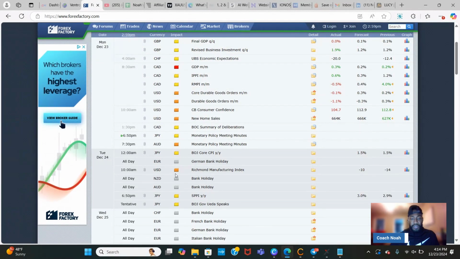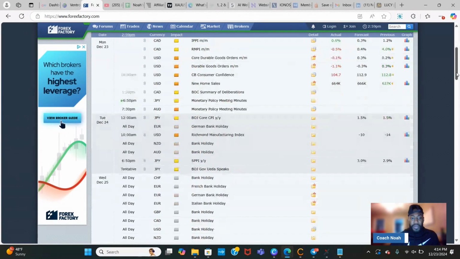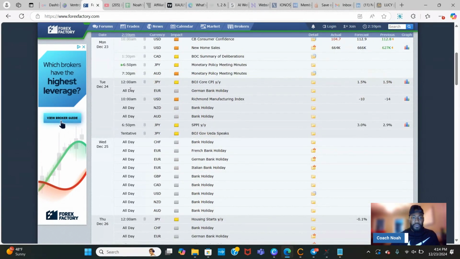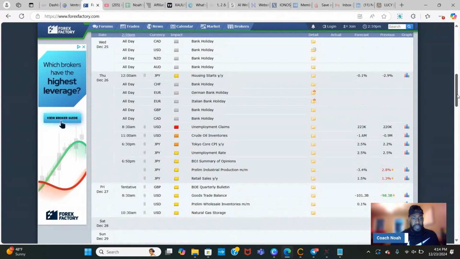Tomorrow, all right, it's a bank holiday, so markets will be down. So there won't be really any movement at all till probably a little bit on the 26th. So 8:30 a.m. on the 26th, I will probably not use the bot. I'll turn it off at 7:30, which it'll be off anyways, and then I probably won't turn it back on until